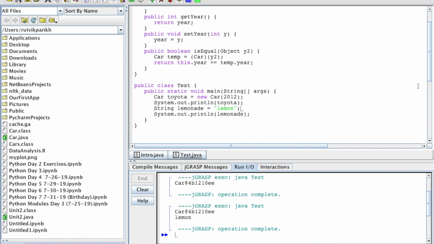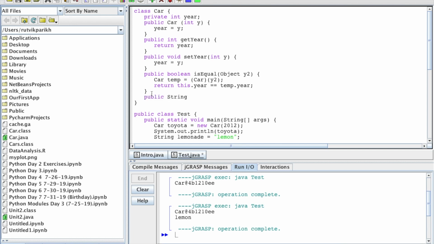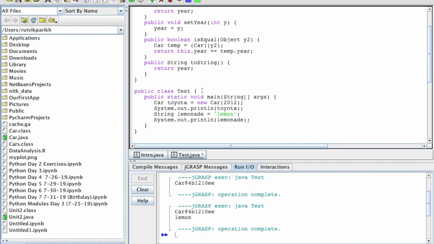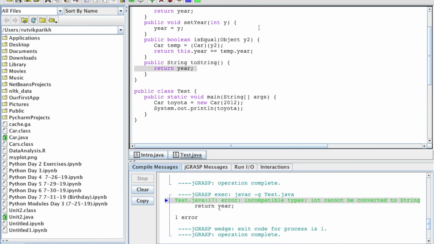And now we're actually going to code one for the Car class. So let's go right under this one. The way we write that, public toString methods always return a string. Public String toString. And now it's going to be one statement, return. And let's return the year here. So public String toString is going to return the year. And System.out.println is going to refer back to the toString method. So if I get rid of this, let's print Toyota now. With our new redefined toString method, we are going to get,